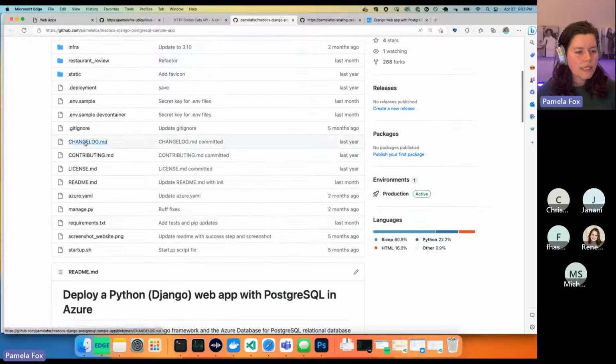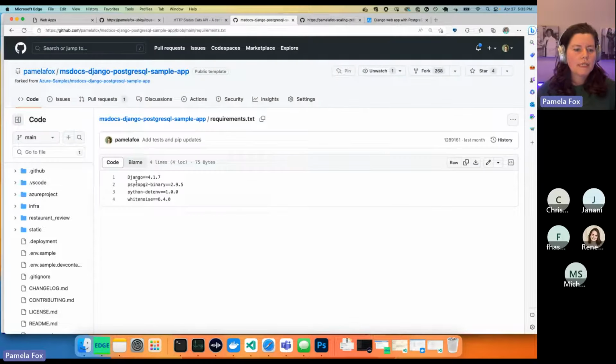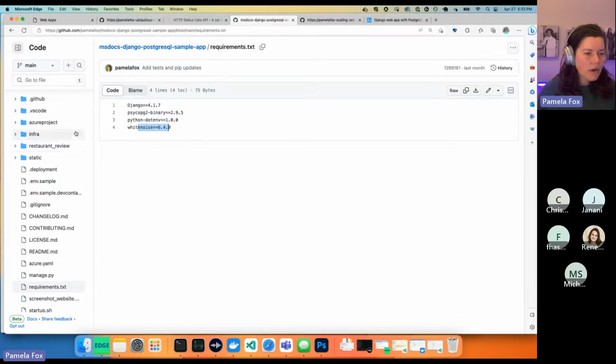So in a Django site, first let's look at the requirements. Here there are actually fewer requirements than in the Flask site because Django has so much of this included. We do have Django, then we have psycopg again, because we're using Postgres specifically. We have python-dotenv again because we're using .env files for our environment variables. And then we have WhiteNoise, which is just a way of dealing with static assets in production. So those are our requirements.